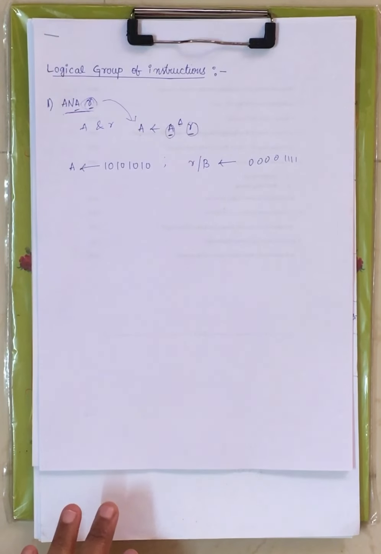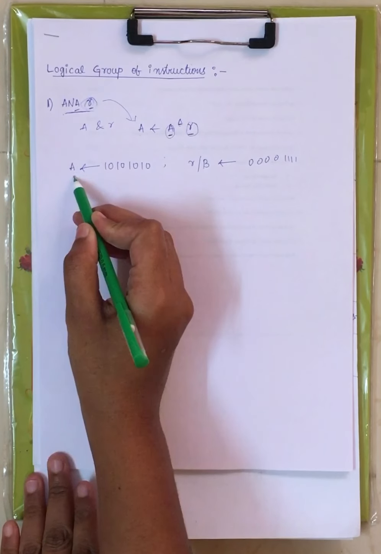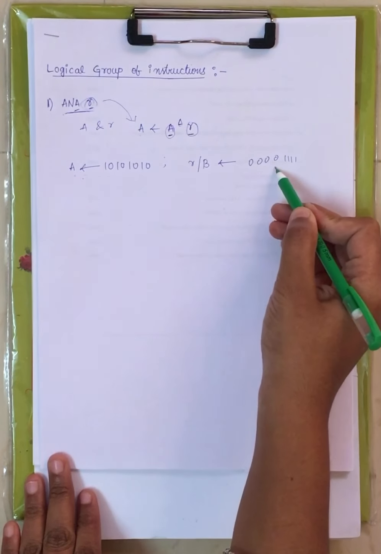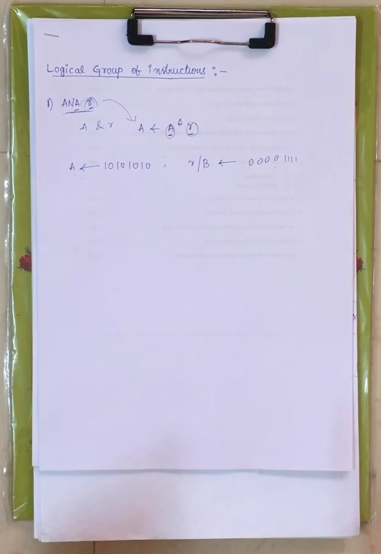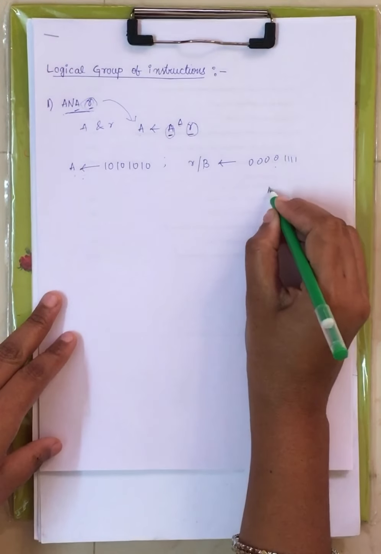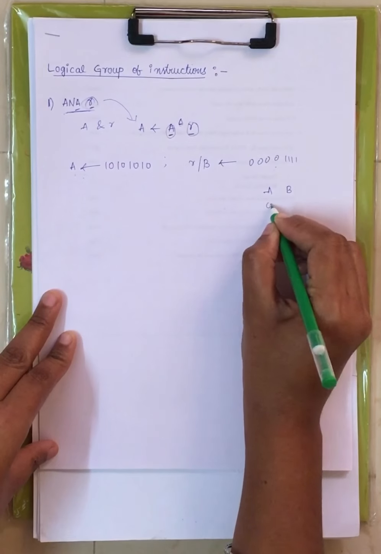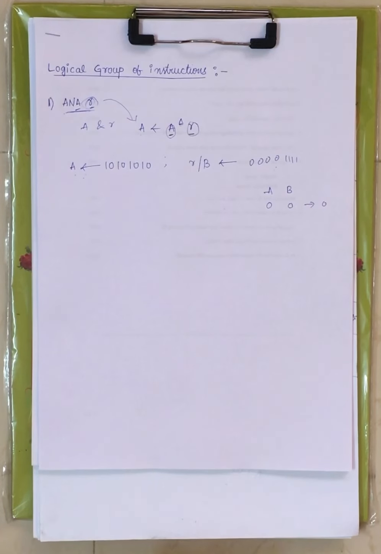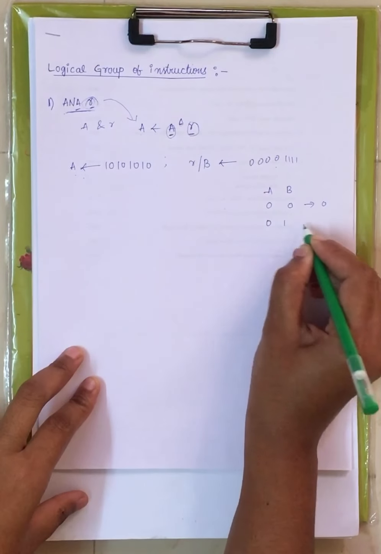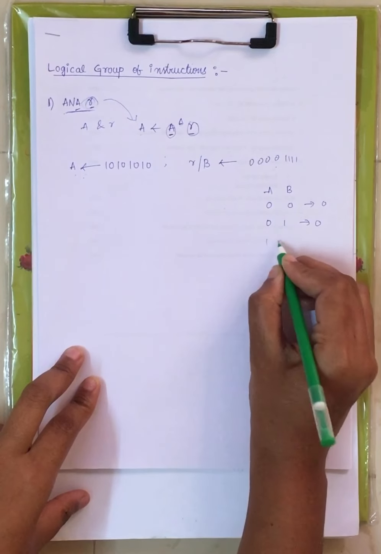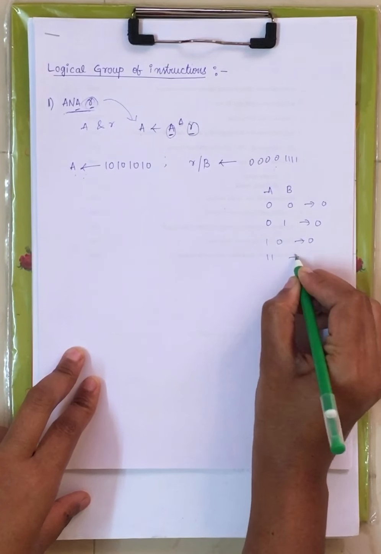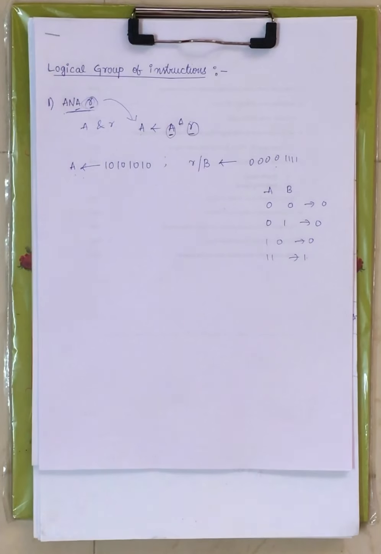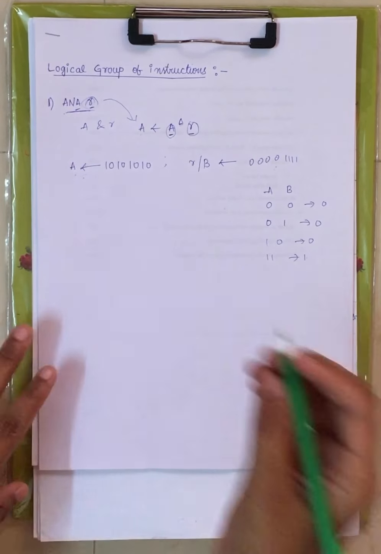Now what this instruction will do: with the contents of the accumulator register and the contents of register R, it will perform the AND operation, right? Now what is AND logic? You know the AND table. When it is 0 0, the output is 0. When it is 0 1, output is also 0, and when it is 1 0, it is 0. When it is 1 1, the output is 1. When both logic states are 1, the output will be 1, and for the remaining logic states it will be 0, right?